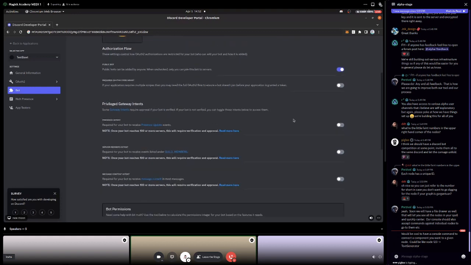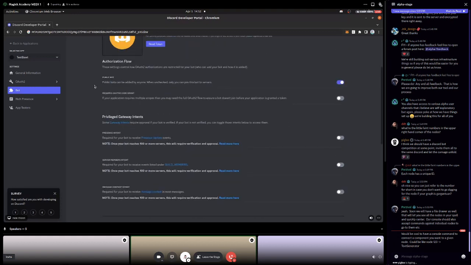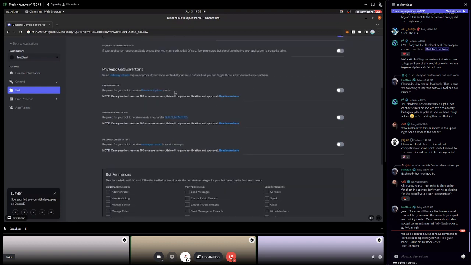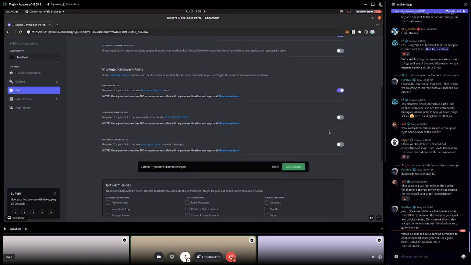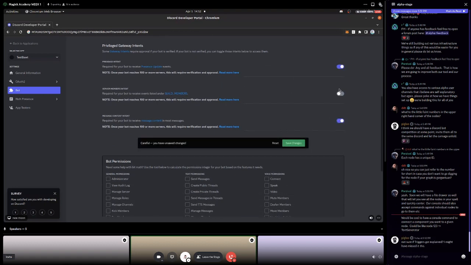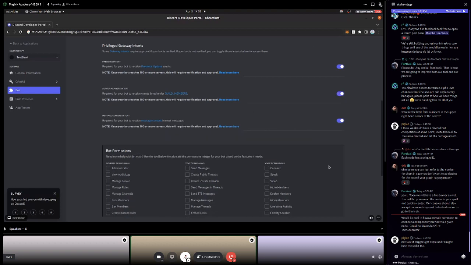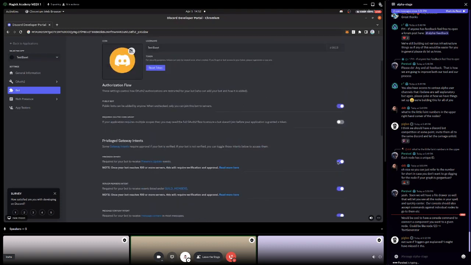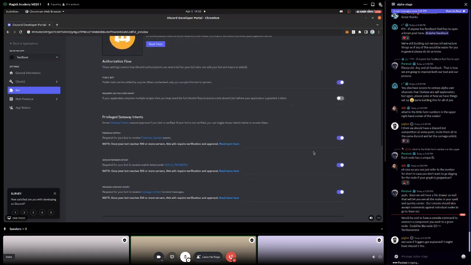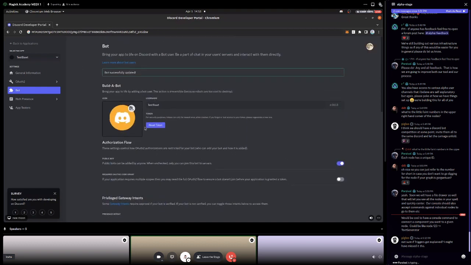I do need some intents. These are very critical. You don't need the OAuth 2 code grant because we're not doing that flow, but you do need the gateway intents. Specifically, you need the presence intent and the message content. And let's just have the server members intent too so that we can see who's there. So you need all three of these intents for this to work. And that is the setup for your bot as far as these are the permissions, which are called intents, and that is the token. So you can also see testbot 0613. This is my bot. Now I want to invite this bot to my server.